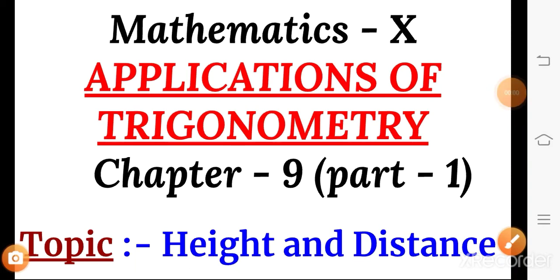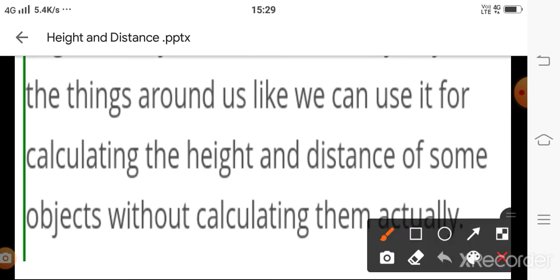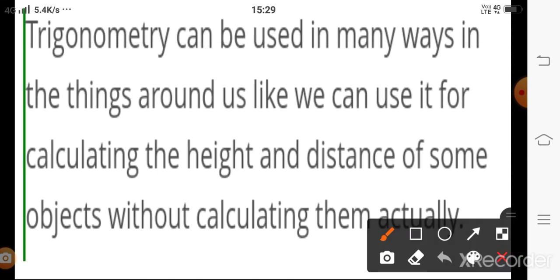Welcome to all. Moving ahead in the chapter series, we are on chapter number 9, some applications of trigonometry. In the previous chapter, we learned the concept of trigonometric ratios, the six ratios, and the relation between the sides. By using that concept, we are able to get the height and distance, and for this reason this chapter is well known as